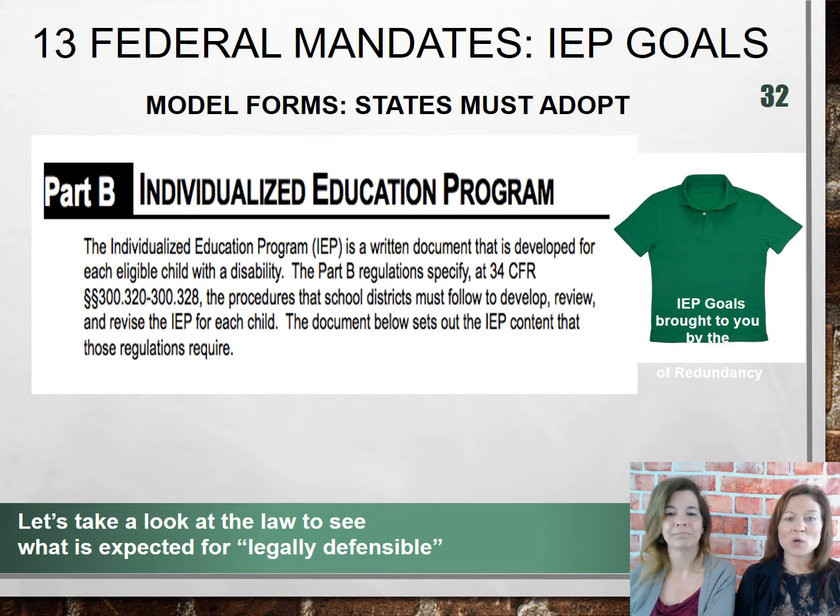So let's take a quick tour of those federal mandates. There's 13, and we are going to show you a little bit of the language of the law, which is kind of boring, to be honest with you. Yes, we're going to zip through it pretty quick, but you do need to know it. So prepare. I'm going to kind of speed, but then we're going to break it down into something a little bit more manageable called the Smarter Step system.